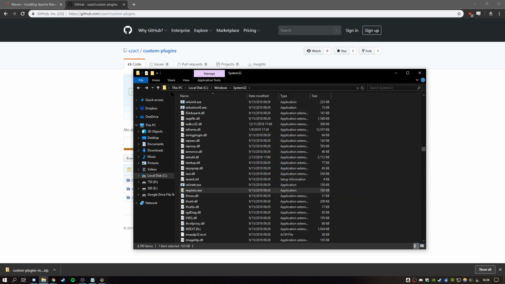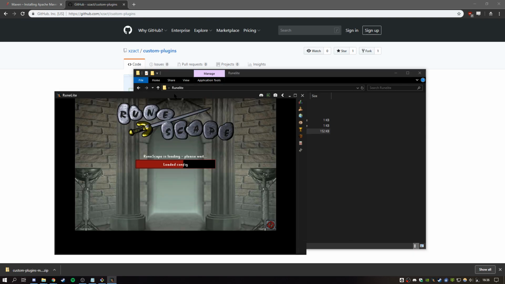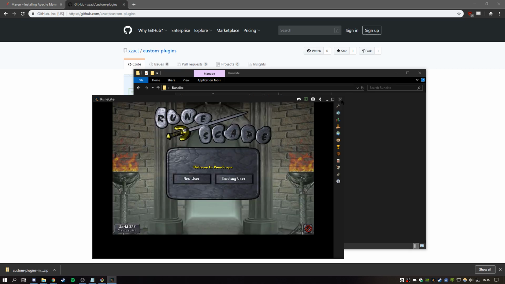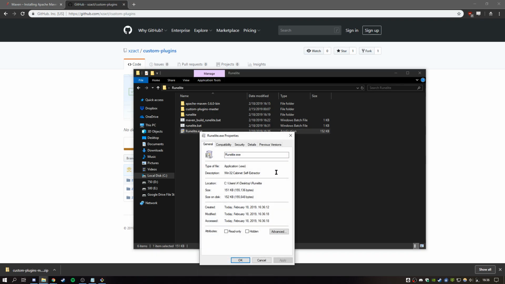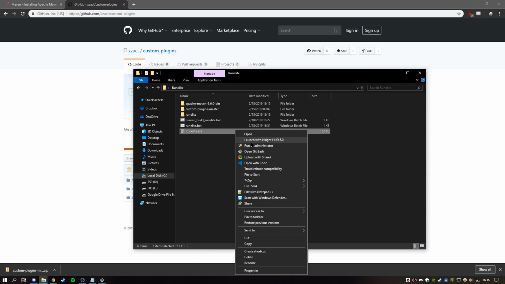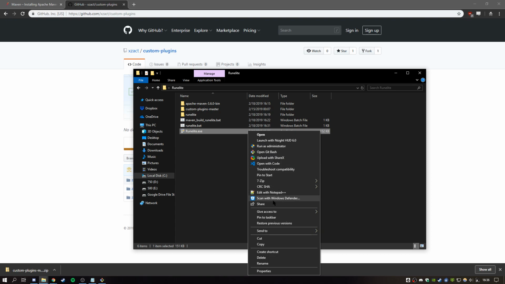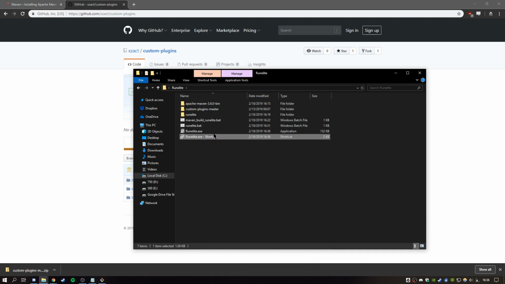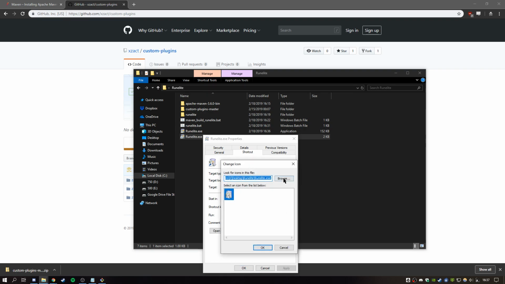So once that is done, you now have an exe right there, and you can double click that exe and it will open RuneLite. There you go. You can also pin it to start. You can also create a shortcut. Call it exe as well, and you can pin this shortcut to start, and you can also change the icon